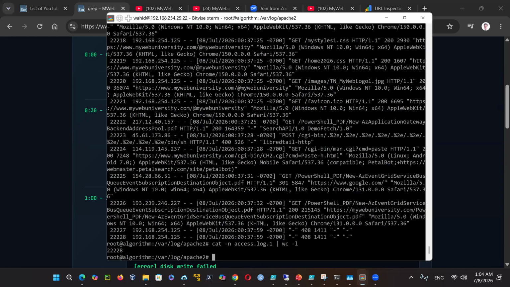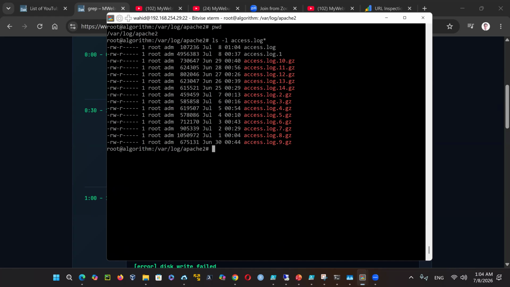If you're on a Linux server, for example, I'm in the Apache logs directory, there's access.log star. You can see some of them were .zip files, but this one, .1, is just from yesterday, and it starts at midnight. If I look at the access.log.1 file with word count -l, you can see the size is